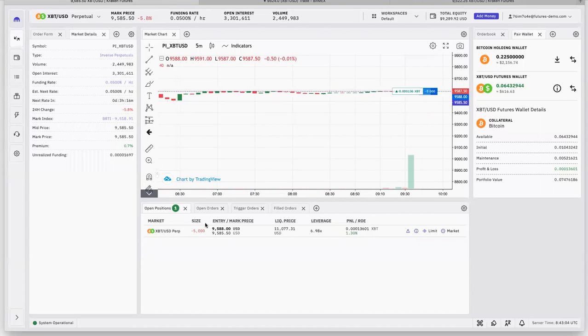So in this case, for example, we're 7x long. We're short $5,000, which is 7x leverage. Our unrealized funding rate payment is based on that overall $5,000 position size. And it's being added to and subtracted from our futures wallet balance of $616.